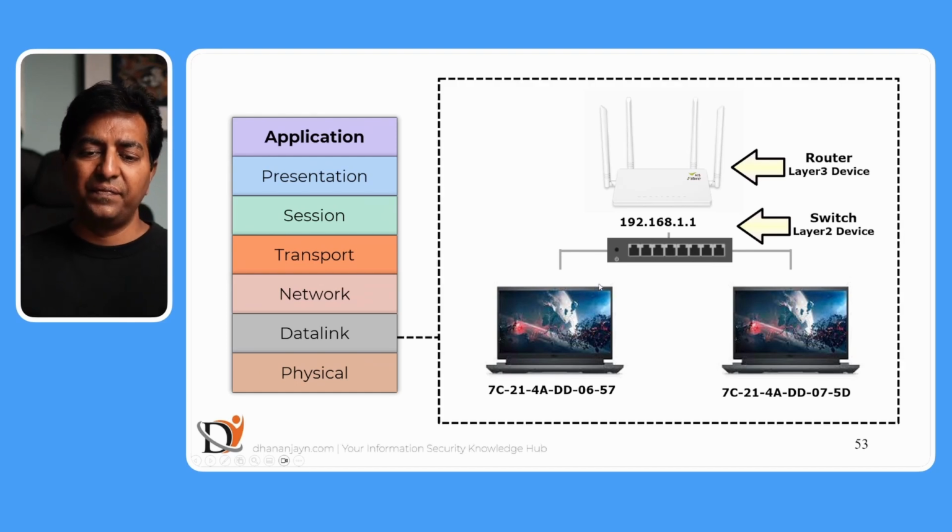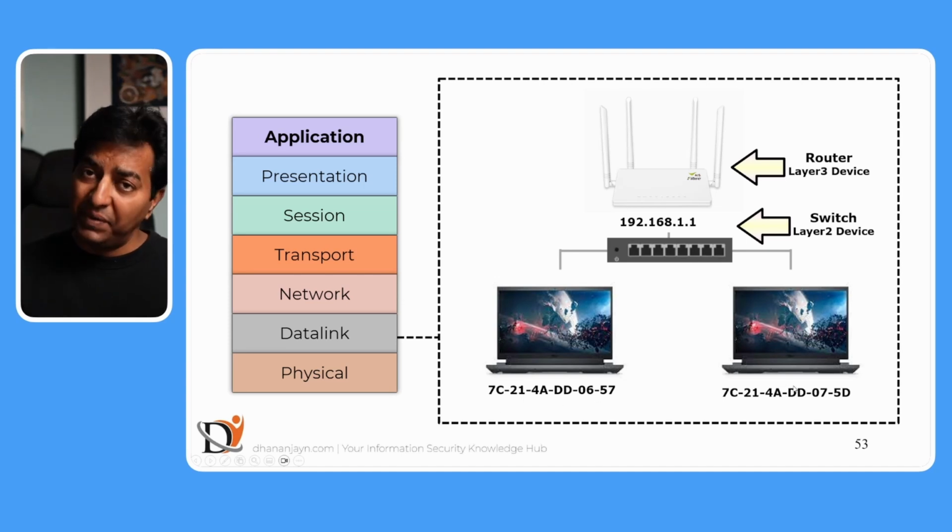So consider the environment like this. Along with the IP address, these computers will also have a MAC address associated with them. And while they are connecting to each other on the local area network, they need not send the traffic to the router. So communication will continue to happen using the local IP addresses again, but to identify the actual computer on the network with the help of the switch is done by the MAC